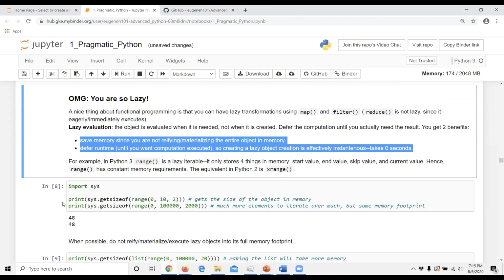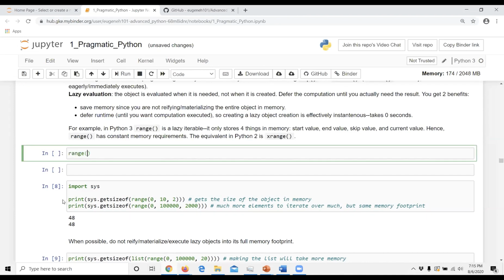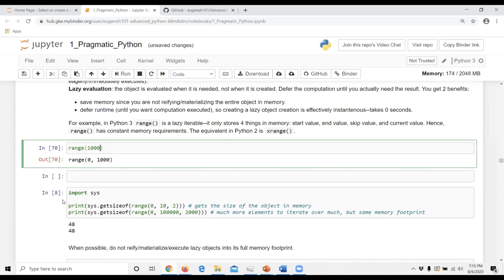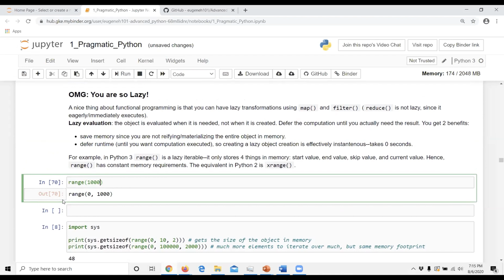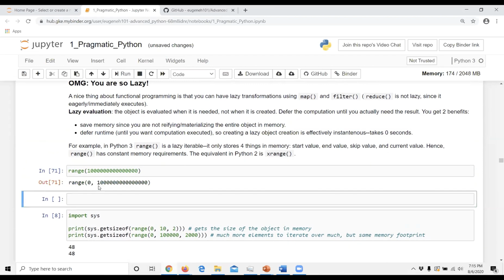But for example, let's quickly go over just range. Range in Python 3 is a range object, and it occupies virtually no memory. It actually occupies constant memory, O(1) memory, because what it does is it really stores 4 things.